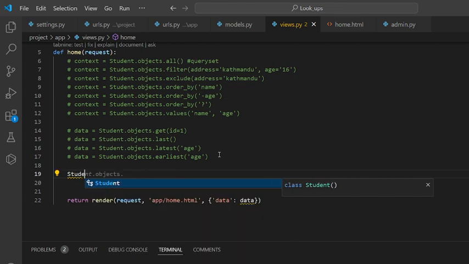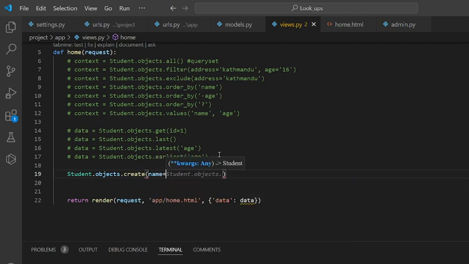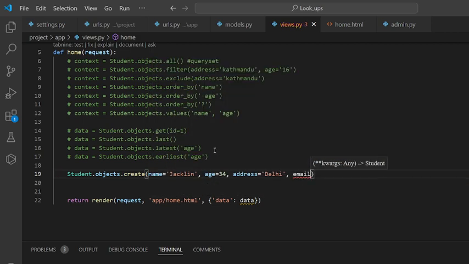So student dot objects dot create, and we can provide the name of the students as, let's say, Jacqueline, and age as 34. Let's say address as Delhi. Okay, so I'll leave it as Delhi, and email as